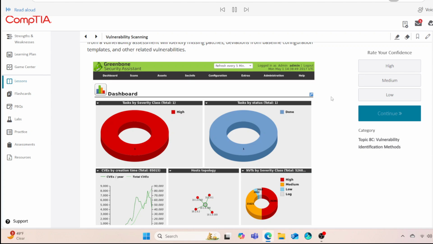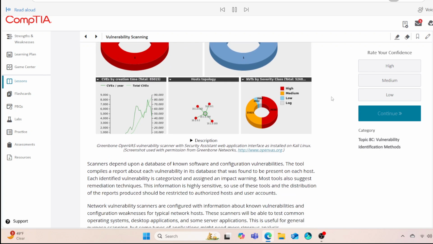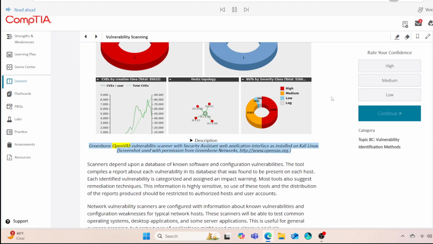High, 26,381. Medium, 21,621. Low, 2,022. And Log, 2,664. Greenbone OpenVAS Vulnerability Scanner with Security Assistant web application interface, as installed on Kali Linux. Screenshot used with permission from Greenbone Networks,